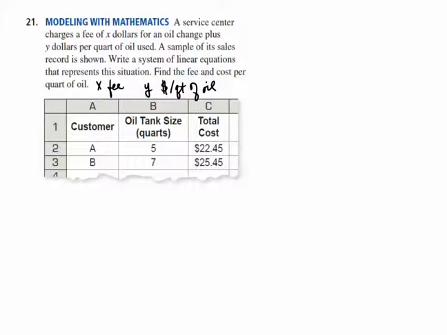Now, when somebody goes to the service center to get their oil change, they're first going to pay the fee, which is whatever the labor charge to change the oil. Then they're going to pay for the number of quarts of oil that they use. So the first person used 5 quarts of oil, and plus the service fee, they spent a total of $22.45. The second person paid the same fee, but they used 7 quarts of oil, and they paid